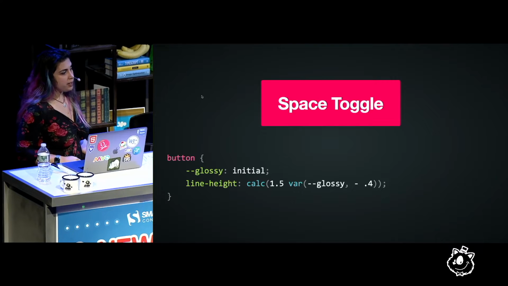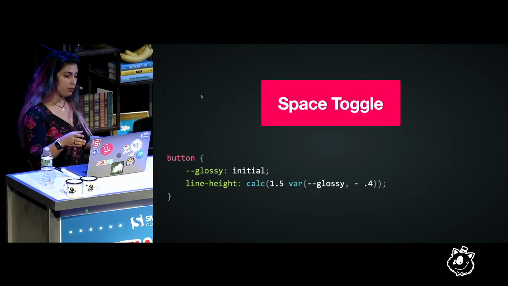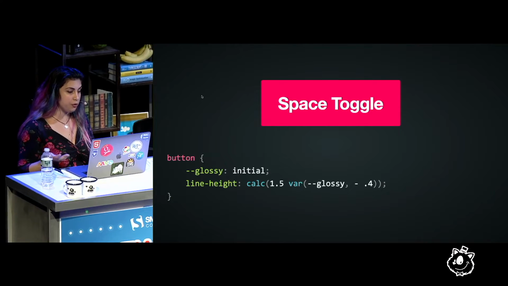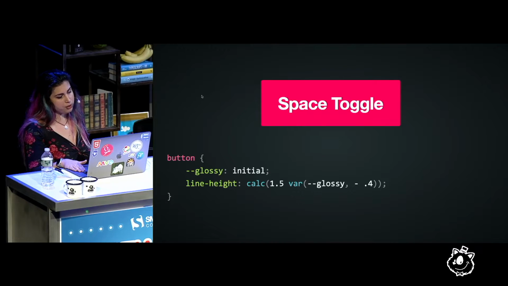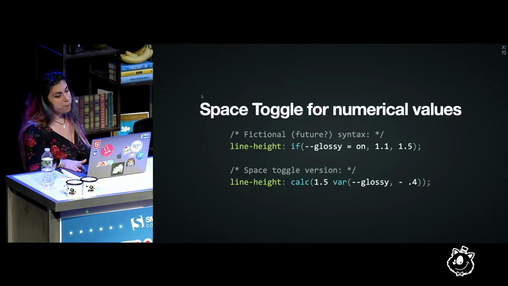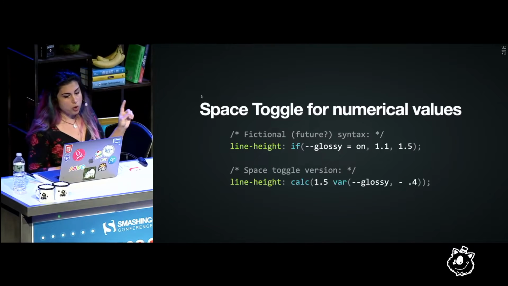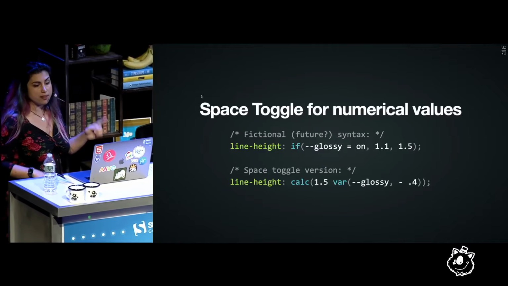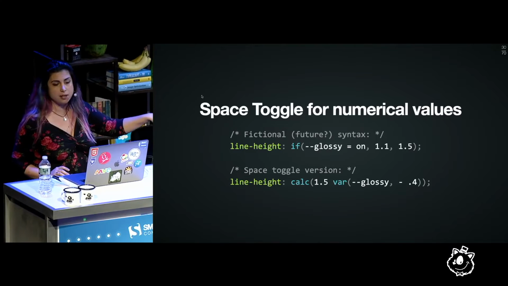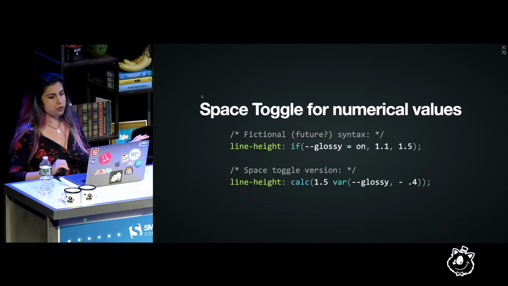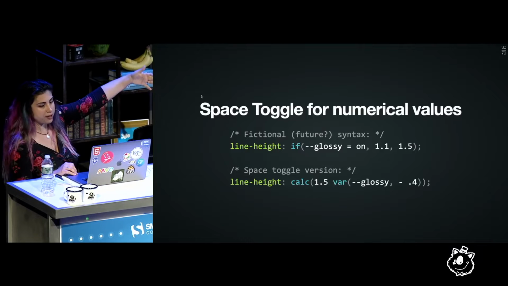So with that, I can basically have not just a value for when it's on, but also a fallback value when it's off. But that only works for numbers, obviously. And the last piece of the puzzle, but let's summarize this for a bit. So ideally, what we want is the first syntax. And yes, we will get that eventually. We have discussions in the CSS working group about having an inline if like that. It's quite far into the future, though. The space toggle version looks like this. We have to specify the delta.